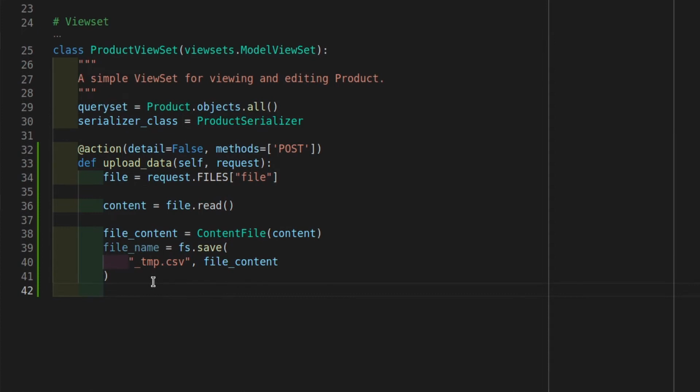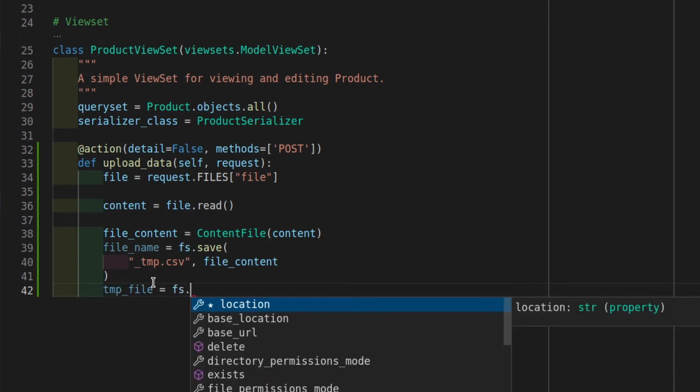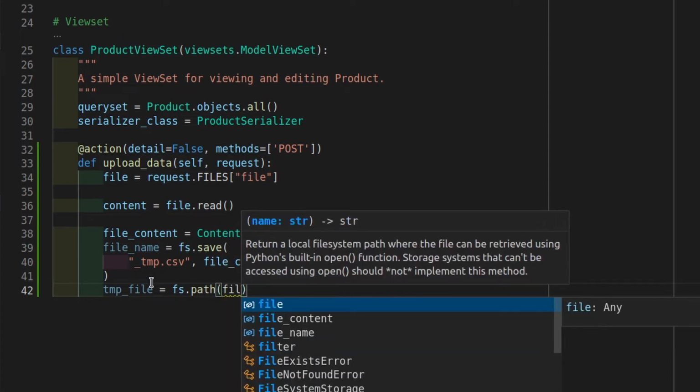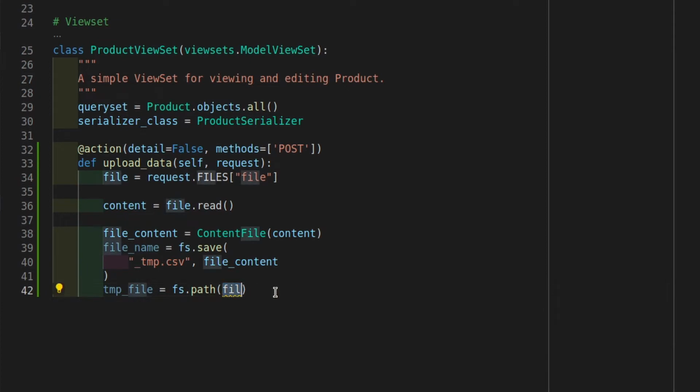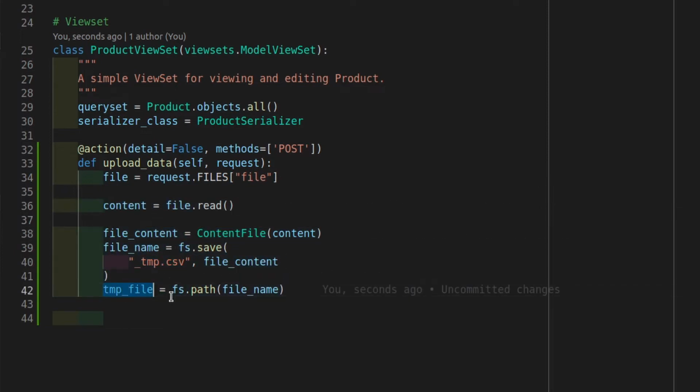Now that we have saved our file, let's open the file as temporary file. TMP file will be fs.path. This will pass the file name that we created in the previous step. Now that we took the file from the request, we read its content and saved it, and now we have temporary file available in this variable.